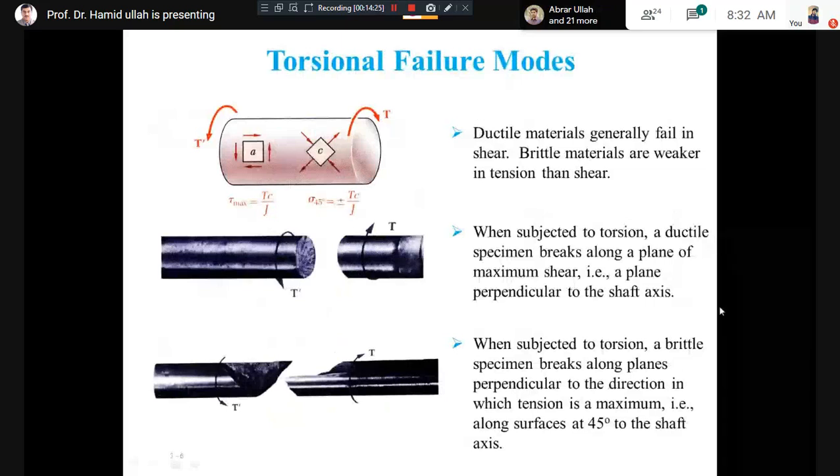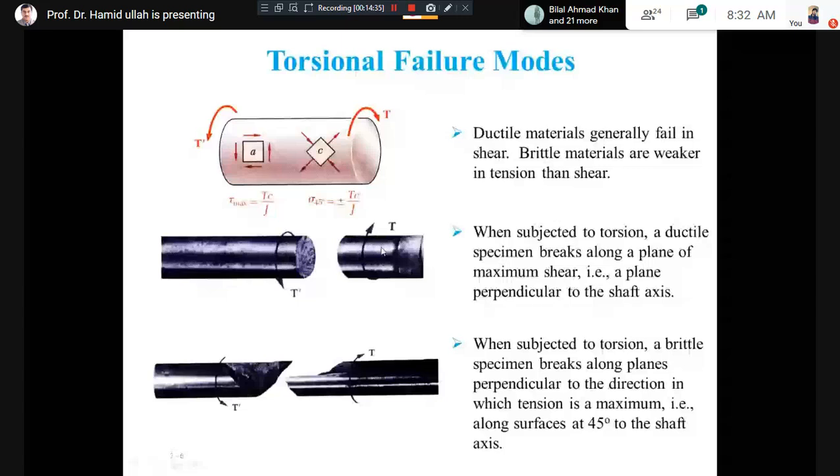So the only aim of this slide is that ductile material or brittle material are subjected to torque, and because of the applied torque, failure occurs in the ductile material, and failure occurs in the brittle material. So how can we distinguish what will be the condition of the surface, the cross section of failure